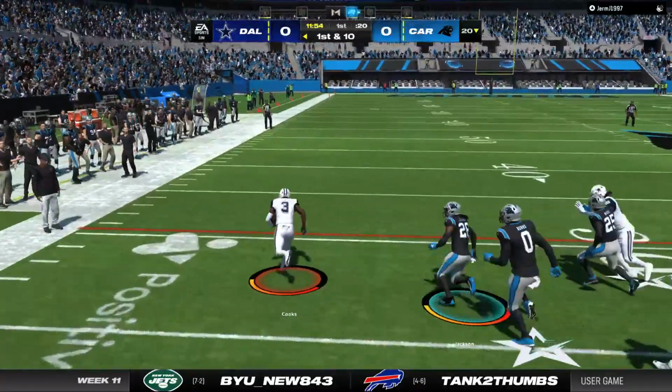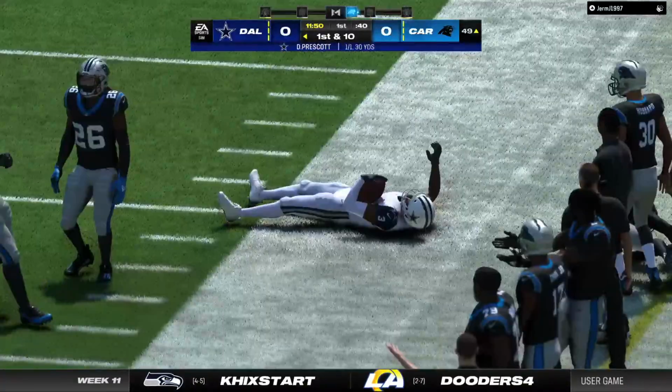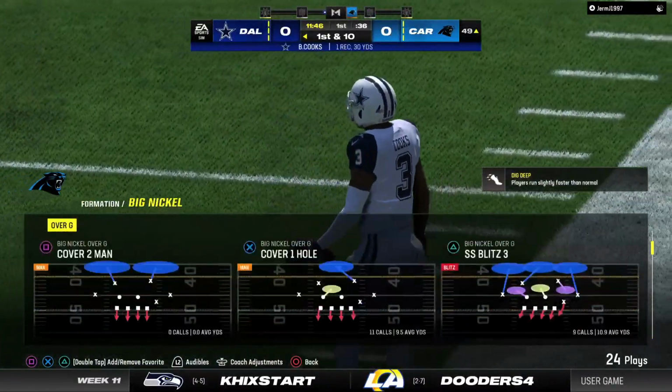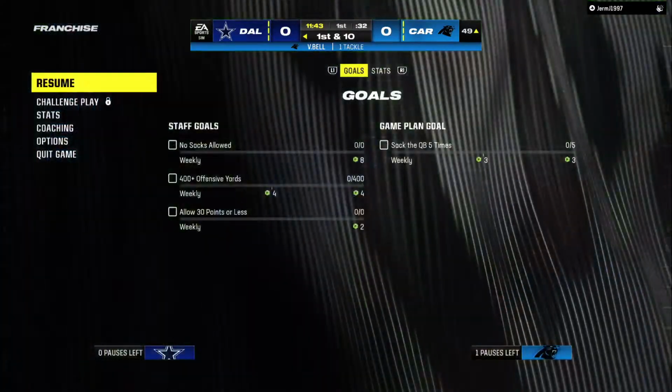Complete to Cooks. He's got room past the 30. Down the left sideline. And brought down across the 50 to the 49-yard line. Give him 30 yards there. So often on these...